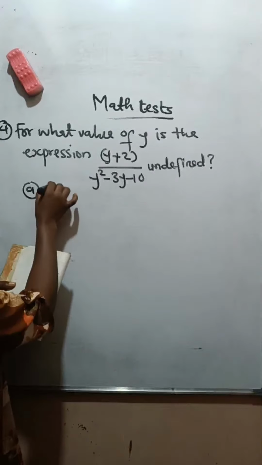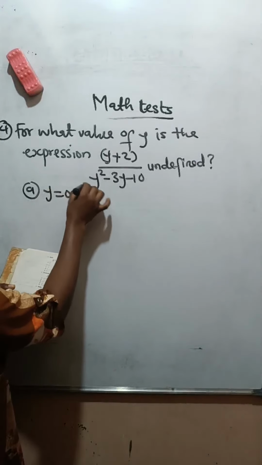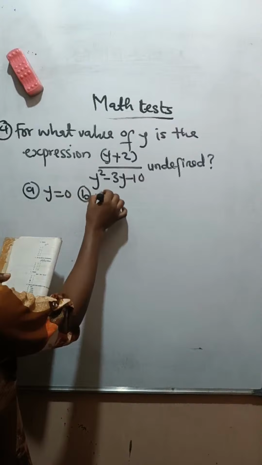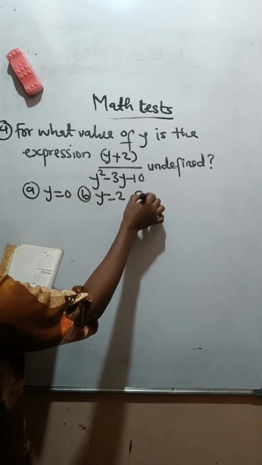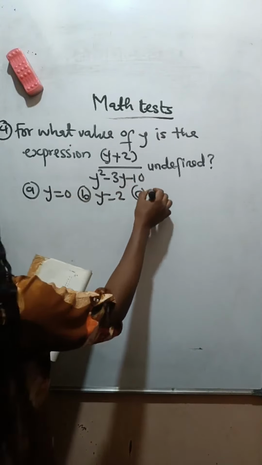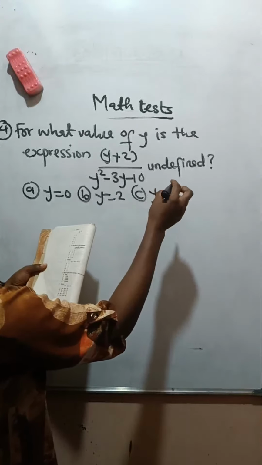Option A is y equals 0. Option B is y equals 2. Option C is y equals 3. Option D is